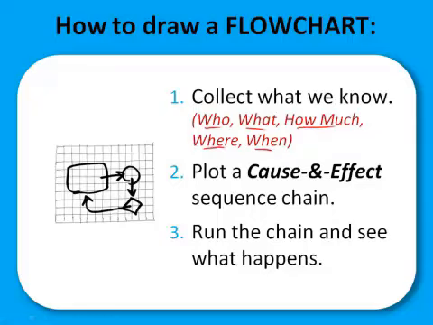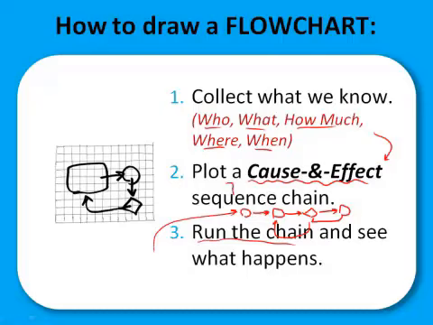And when do they happen? Then we plot these into a cause and effect sequence chain. This happened, this happened, this happened, this happened, and maybe there are feedback loops. Maybe something else went back. Then what we do is we actually run the chain. We start the model. In the case of Donella Meadows, we put the water into the tub, and then we